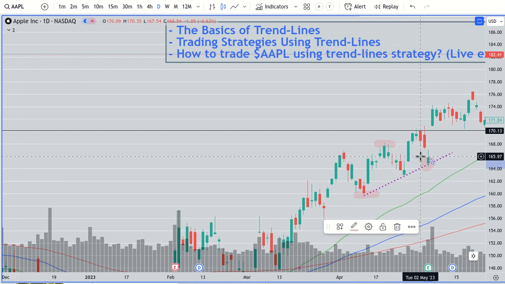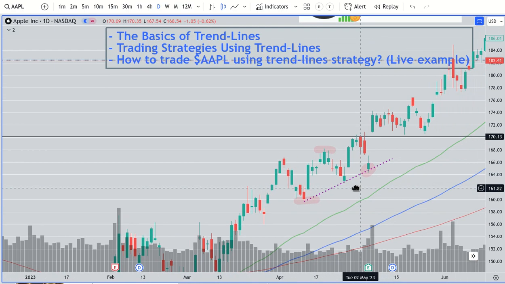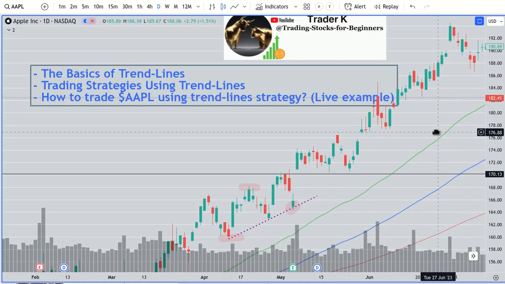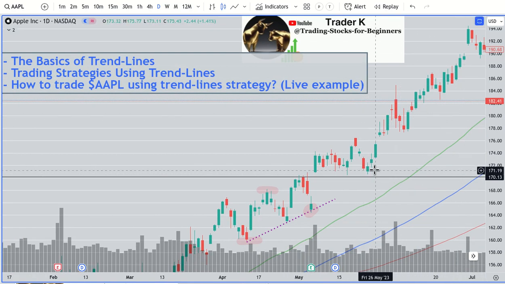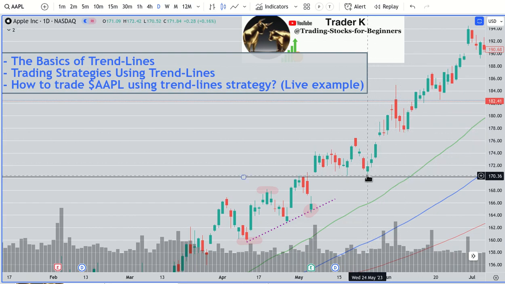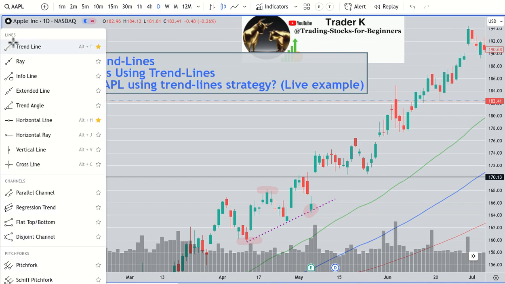So how can we trade these? When the stock touches the trend line, we go long if it's a bullish trend. I'm gonna show you another example. Okay, here is a support here. Here is a support here. I'm gonna draw a trend line between those two lows, and it's a bit steep